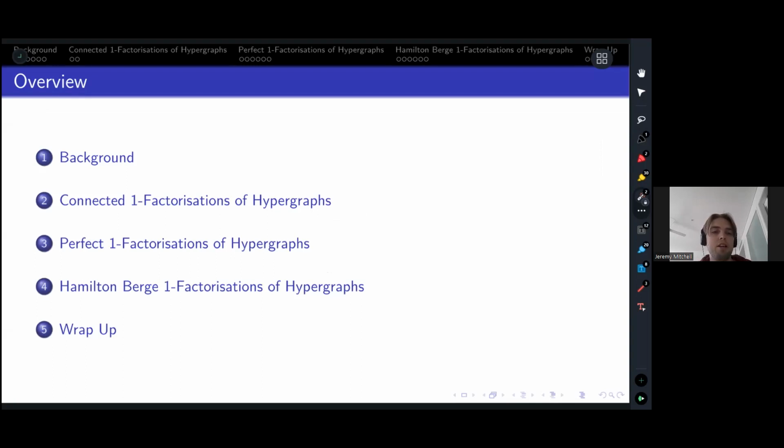And then once we've defined one factorizations of hypergraphs, we'll take a step back to graphs and add on another special condition, which will make our one factorizations of graphs perfect. And we'll see that we can actually have three equivalent definitions when talking about graphs. And when we try to generalize each of those to hypergraphs, they no longer remain equivalent. So what we end up with is three different generalizations, namely connected one factorizations, perfect one factorizations, and Hamilton-Burge one